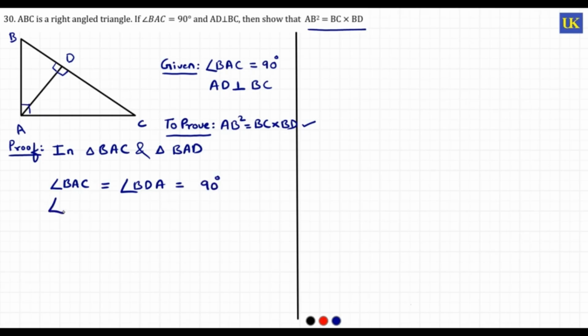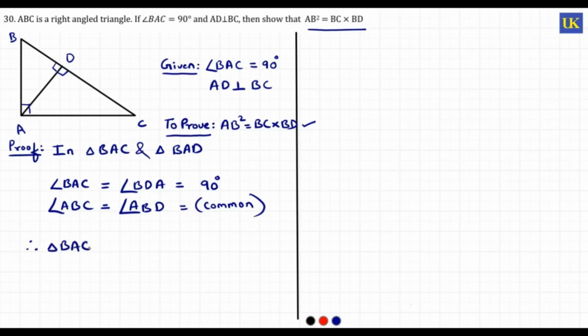Then I can say that angle ABC is equal to angle ABD, because this angle is common in both the triangles, so naturally it will become equal. So now therefore we can say that